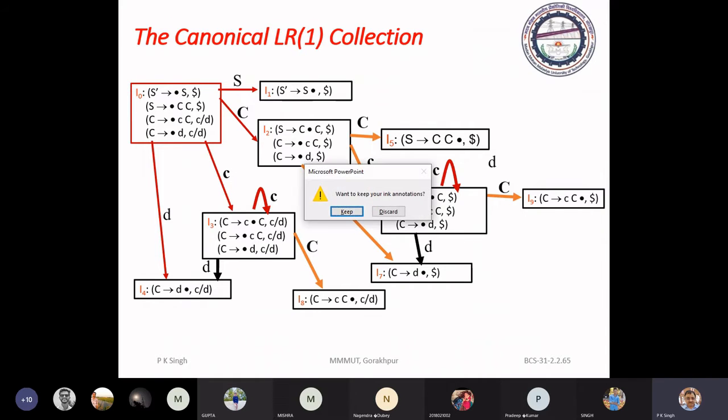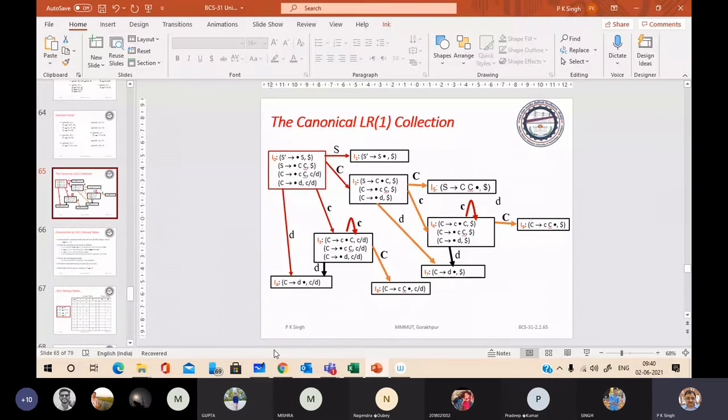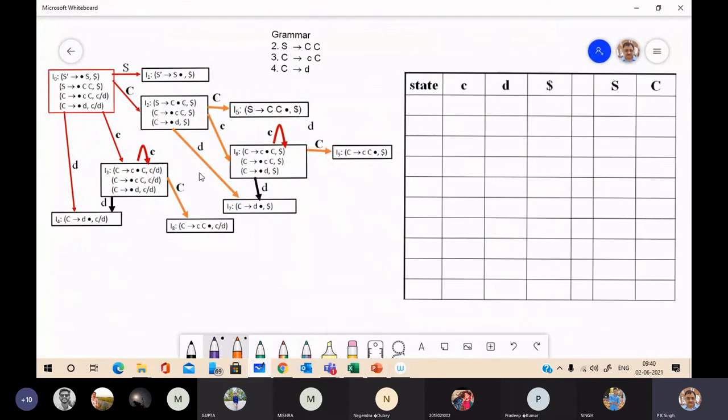Now construct the table using these rules. This is the item sets, grammar, and a table.